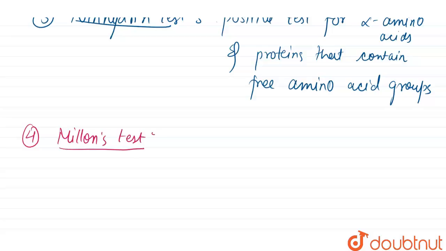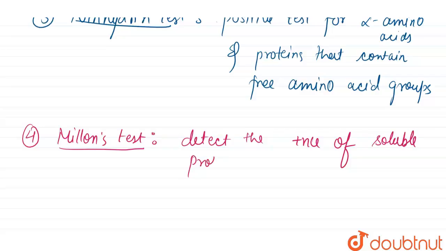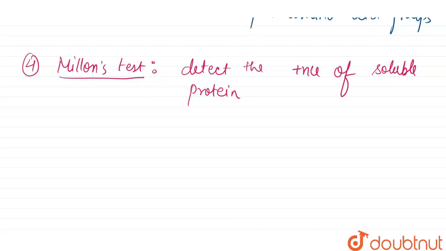It is an analytical reagent used to detect the presence of soluble protein. A few drops of Millon's reagent are added to the solution, which on heating gives a reddish brown